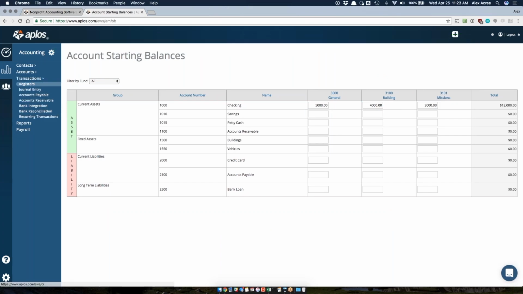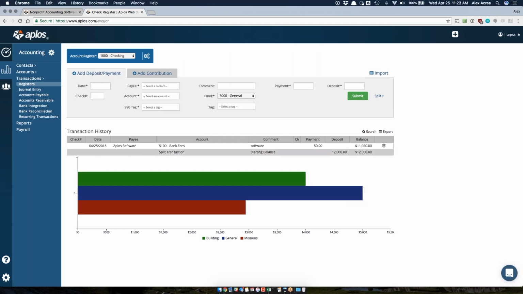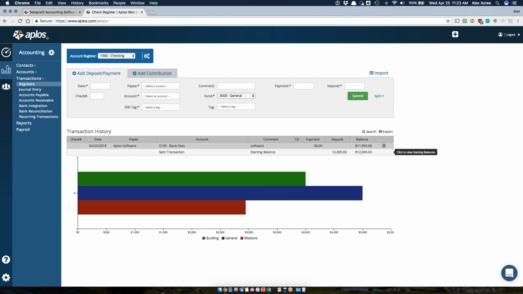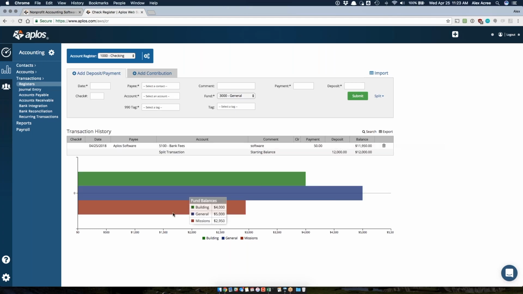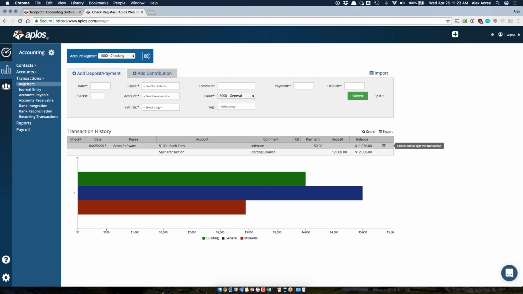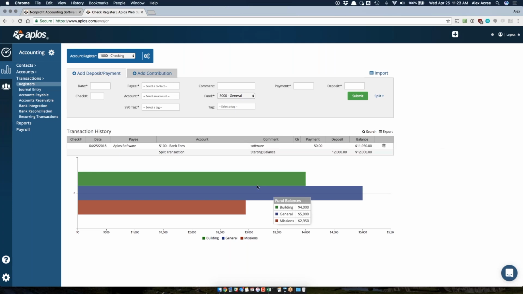And let's go back to transactions here. So let's say that I had those starting balances in there. I started with 12,000, and then there was a $50 payment that got added, which is that one that we just entered, which decreased the overall balance. So now that's not 12,000, it's 11,950. And then down here in my fund balance chart, this is telling me that within the 11,950, I actually have 3 fund balances, and these are those. So within that, I have 4,000 designated to building, 5 to general, and now 2,950 because of that $50 transaction